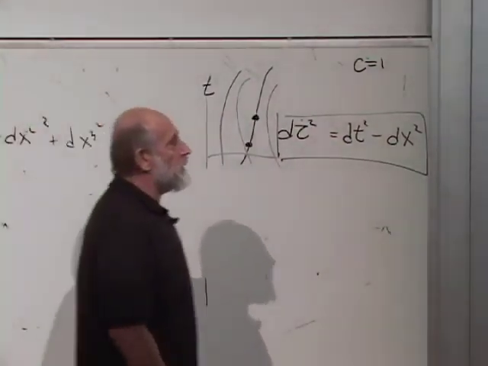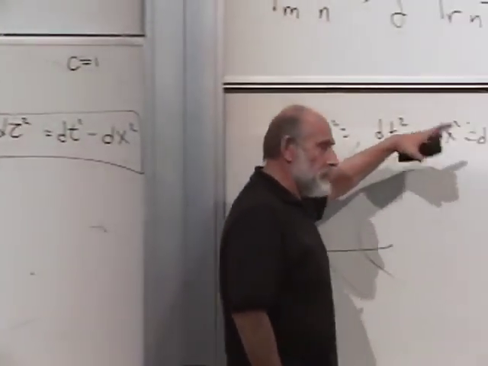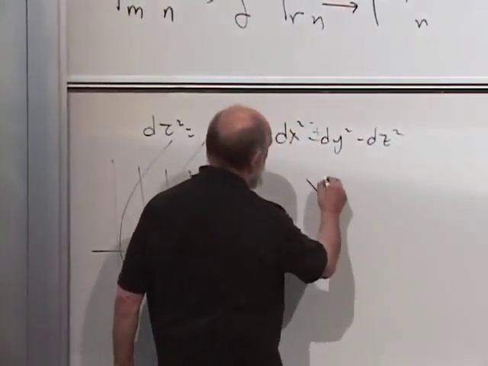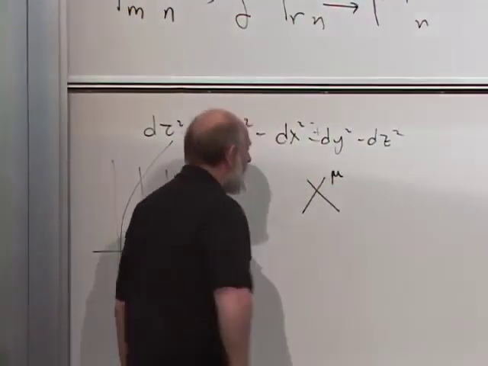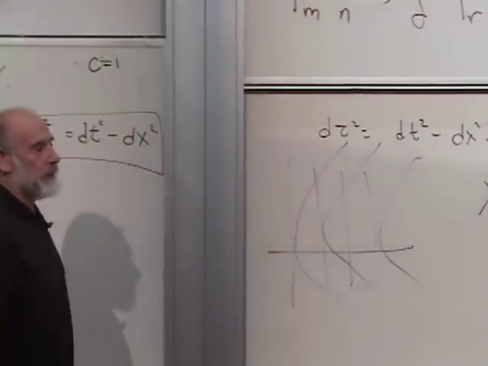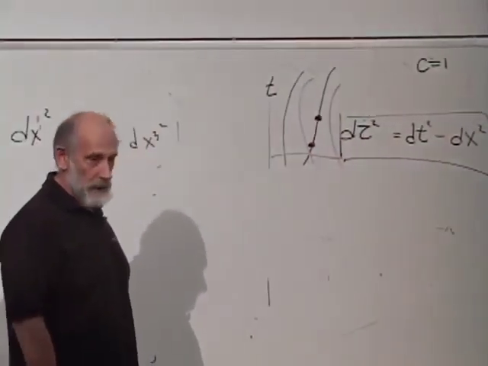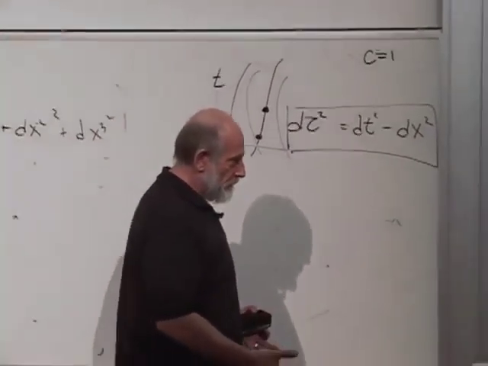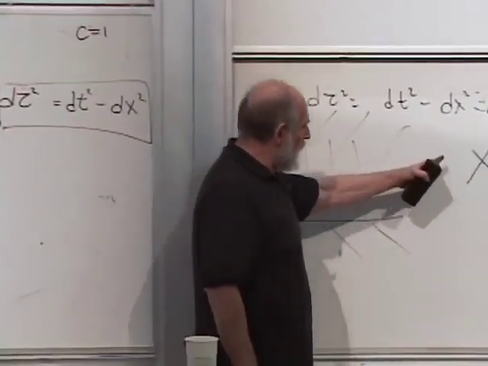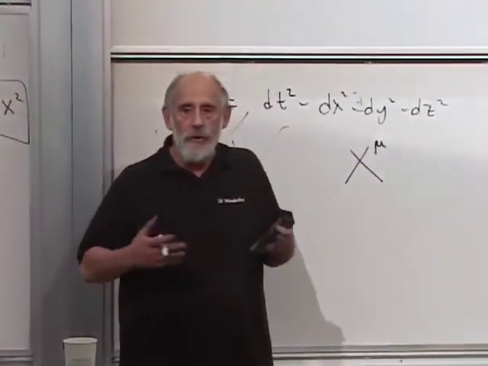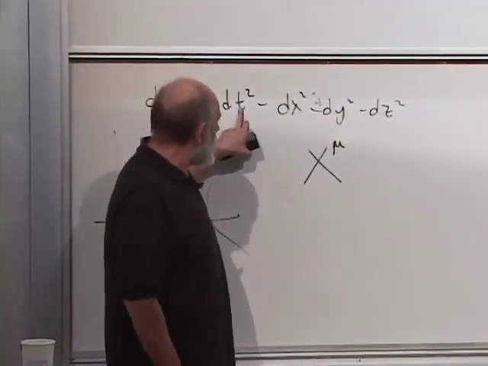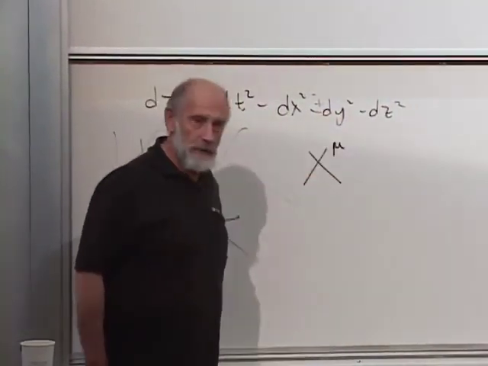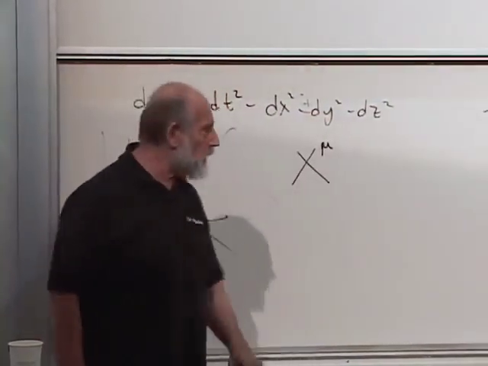There are 4 coordinates of space-time, t, x, y, and z. We're going to label them x mu. Whenever you see a Greek index as a coordinate index, it always means that you're talking about space-time. And what does mu run over? Mu runs over 4 possibilities, 1 of time and 3 directions of space. The usual convention